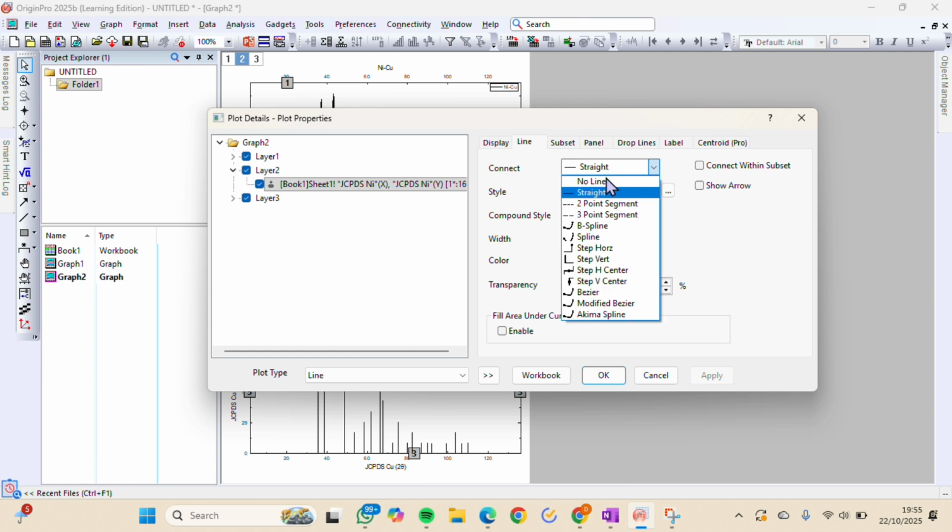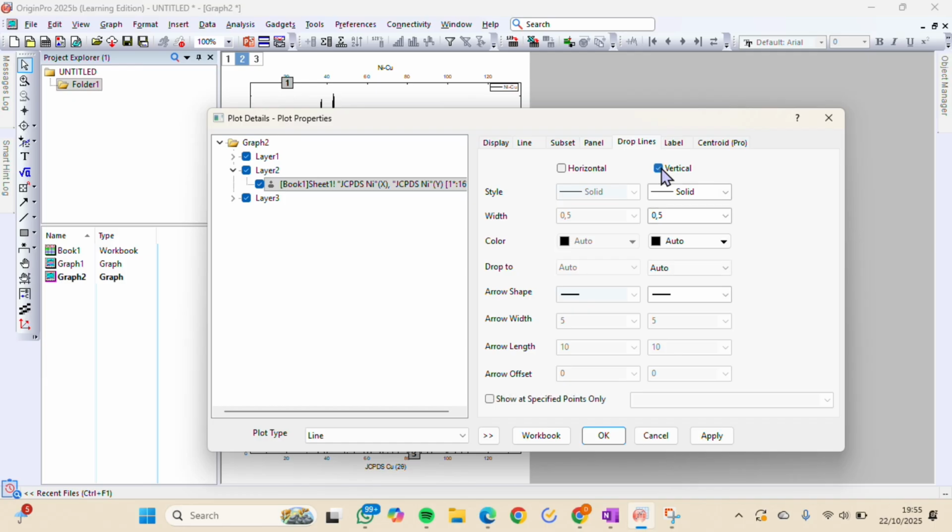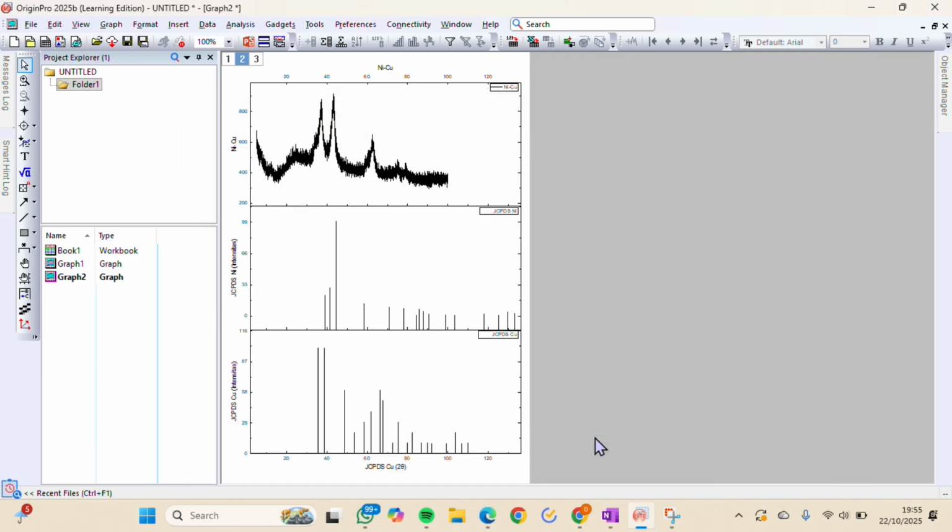Then we change in the no line, and then we click the drop line and we checklist the vertical, and then we click OK and we get the graph.